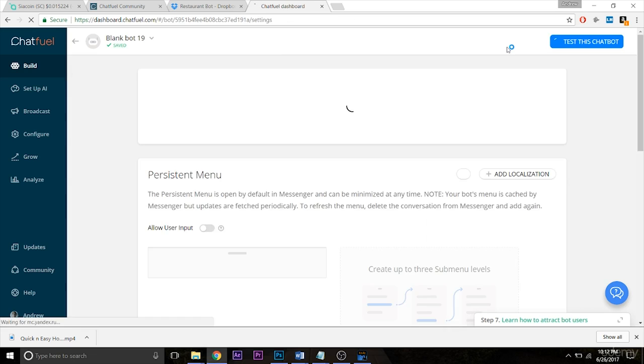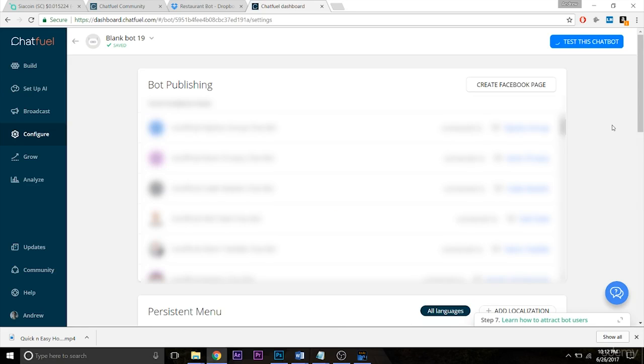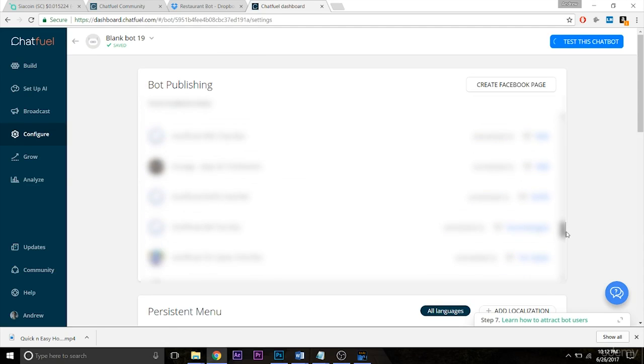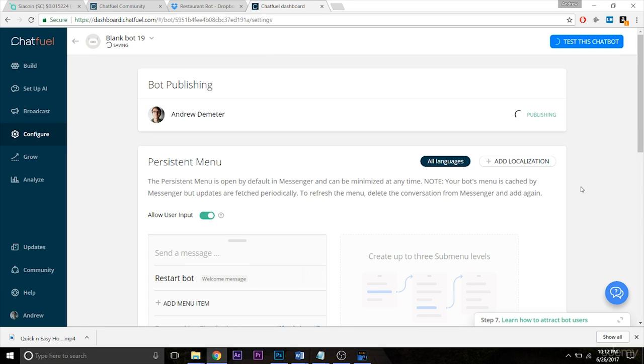So I'm going to connect it to an existing Facebook page I have. It'll redirect me to the Configure tab, as you can see over here on the left. And I'm going to scroll down, and you can also create a Facebook page from this button right here, but I like creating them in Facebook. And let's scroll down to my page. Cool. So I'm going to connect it to the page, because in other words, if I didn't connect it to this page, this ball or spinner would be spinning forever and I wouldn't be able to test it. You can only test it once before connecting it to a page. So that's the current bug. Anyway,